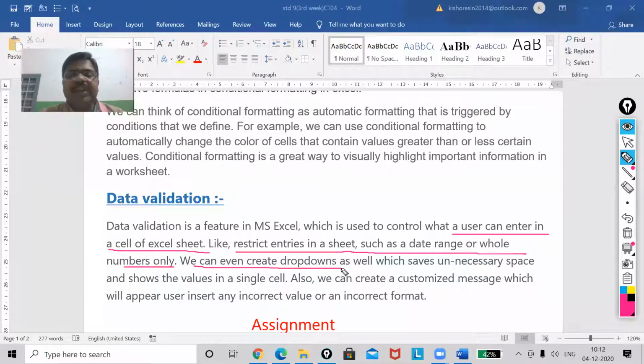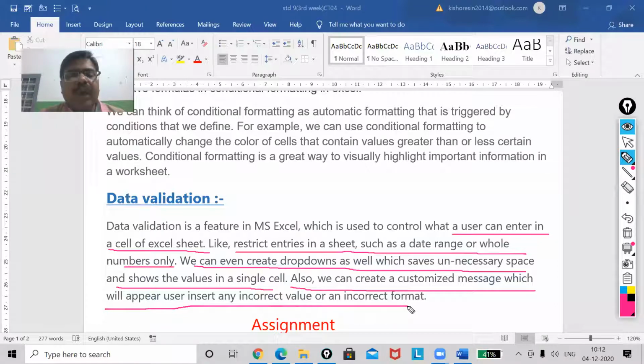We can even create drop-downs, which save unnecessary space and show the values in a single cell. Also, we can create a customized message which will appear when the user inserts any incorrect value or an incorrect format. Now, I'm going to show you, my dear.